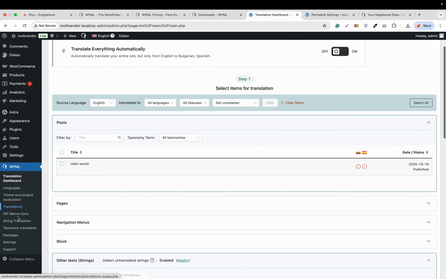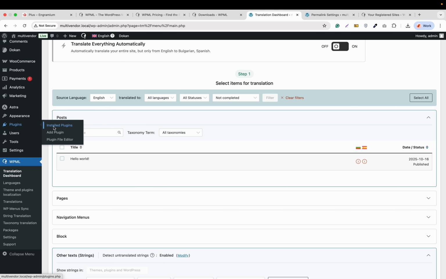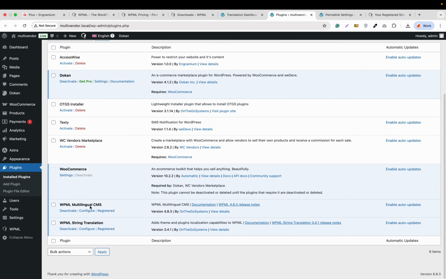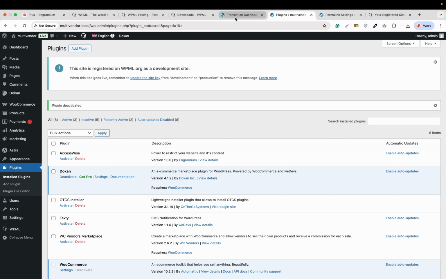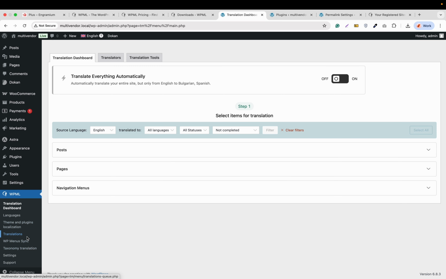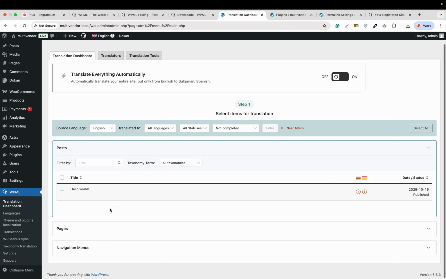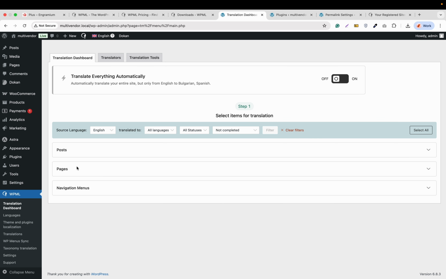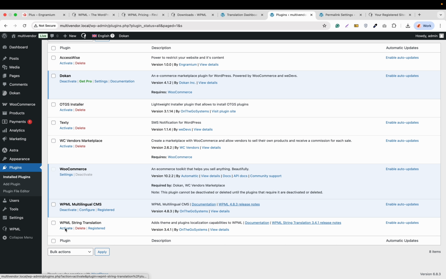Now in here, I would like to show you something. Before getting started with the translation, we will go to plugins, installed plugins, and let me deactivate the WPML string translation. Now let me go back in here again and reload this one. You will see that string translation is gone, and in here we are seeing only post, page and navigation menus. Let me reload this one again. Post, page and navigation menus. Let me reactivate WPML string translation again,